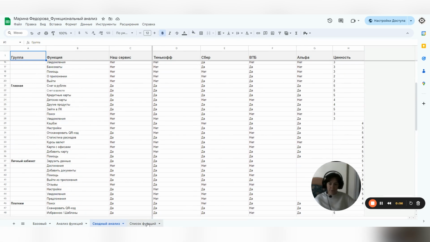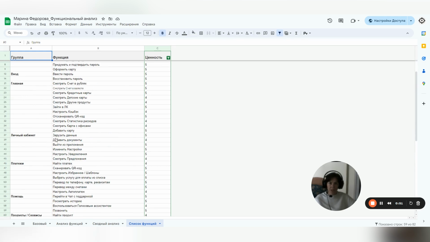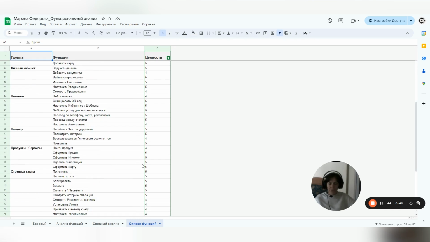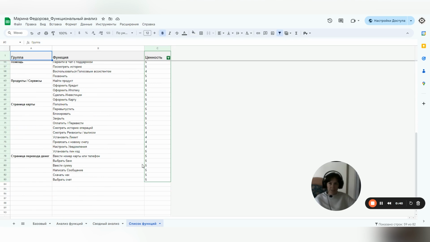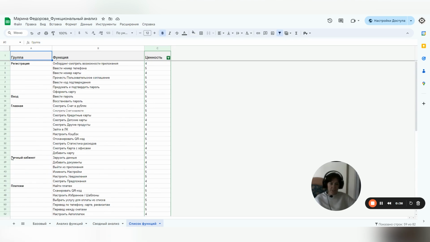For example, these are additional security to sign up, transfer by phone numbers, card numbers, requisites, scan QR code, see the payment history, statistical data, settings of personal accounts, services, and other.